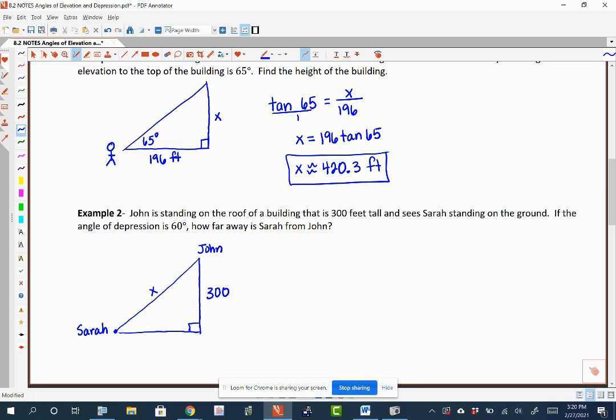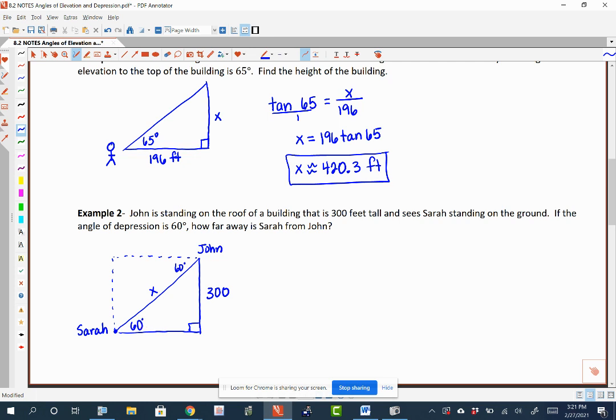The question, what they told us though, is an angle of depression. Now, an angle of depression is John looking up here and looking down. So instead of John looking out across, he's elevating his eyes to look down 60 degrees. Well, this, remember, is creating a rectangle, which means if this is 60 degrees, using alternate interior angles, so is